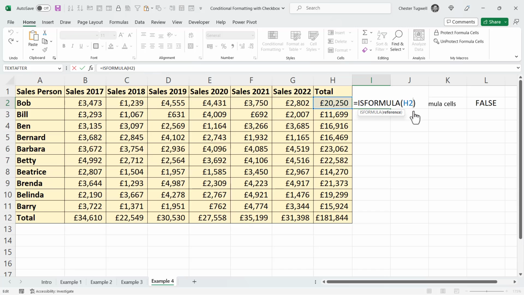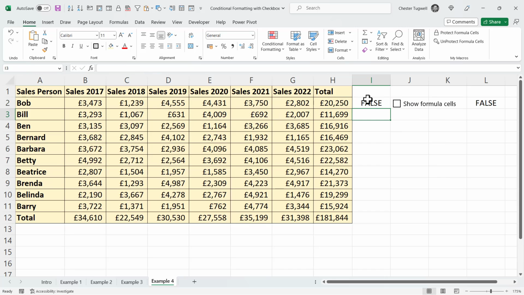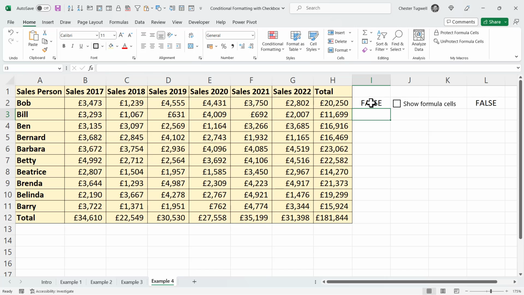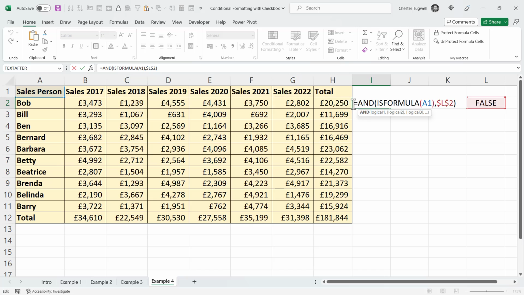So I'm going to go back to checking whether cell A1 has a formula. That will be my first test, but I'd also need to know whether there is a true in L2. I'll use AND, L2, which I need to lock. Close the bracket, press enter. So that is the test I need. So I'm going to copy it